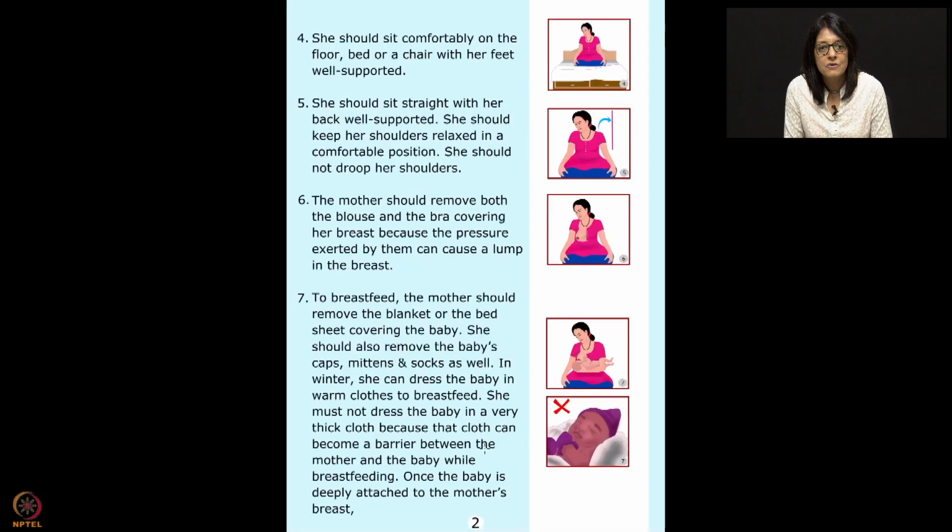Okay, so here is the fourth point. In the fourth point, what we have shown is basically she needs to sit comfortably on the floor, on the bed, or on a chair with her feet well supported. Many times what happens, many of these mothers sit on a chair on which their legs are not supported on the ground. So I do recommend that we put some stool or something which supports her legs. Leg support is very, very important. My favorite position for mother to sit is literally on the bed with legs folded. It becomes much easier, especially when she's latching. Once she has finished latching, then she can basically go in any position, but while she's latching, sitting with folded